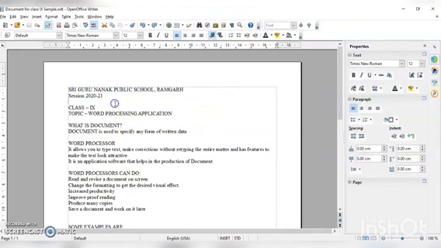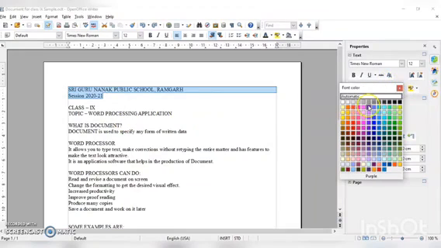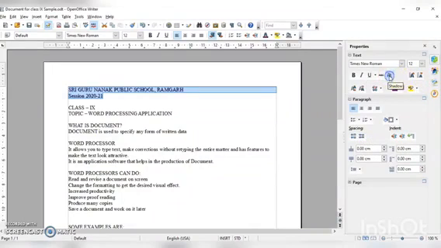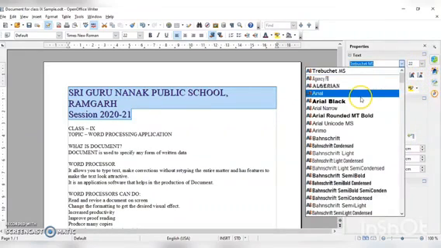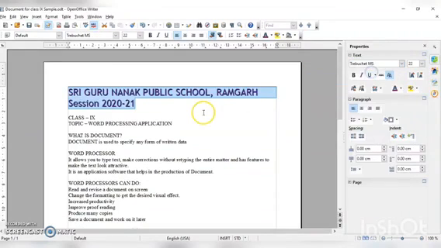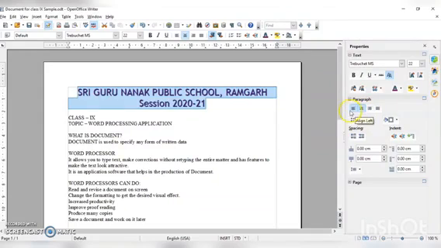We simply select the content part, and we can do the formatting by adding font colors. We can use the shadow option. We can increase the font size, and we can change the font style also. By these simple steps, we can see our content is formatted. We can use the align option because there are 4 alignments: left, center, right, and justify.